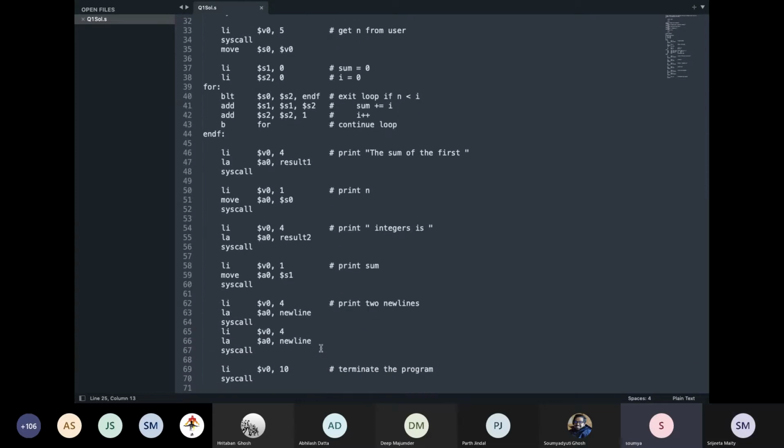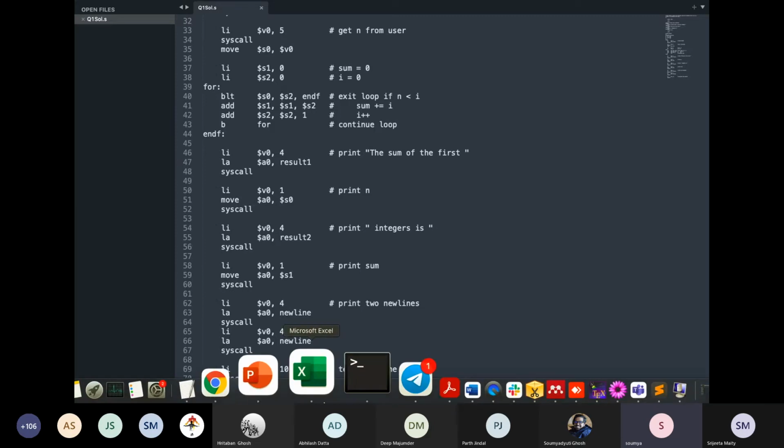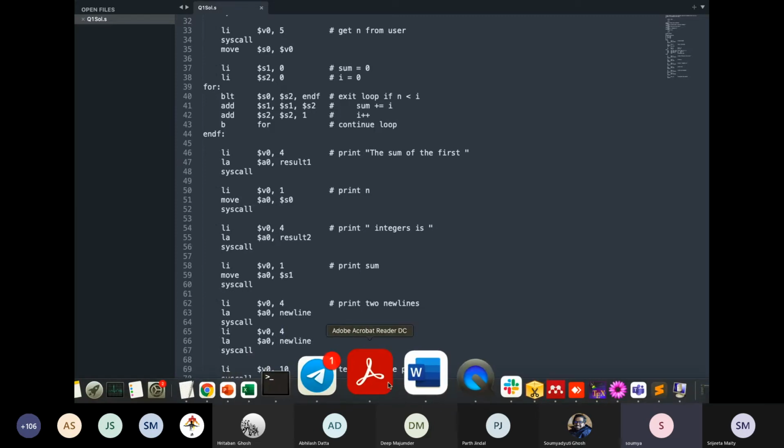So you need to remember the MIPS instructions, and you need to understand the assembler directives which are required for storing strings, characters, integers, stuff like that. And you need to remember the different parameters of calling the syscall. With this much, whatever assignments we have given today, pretty simple assembly instruction based programming, you can just do it.